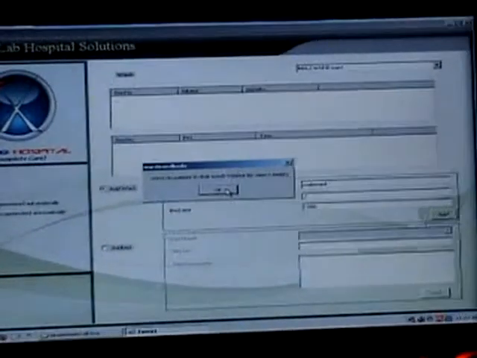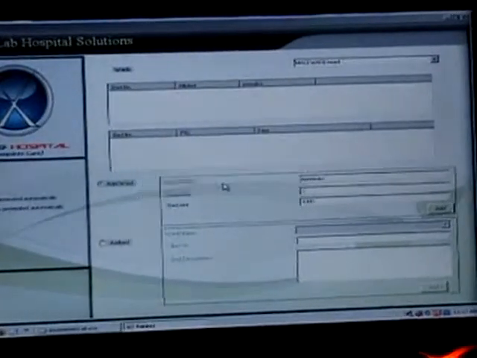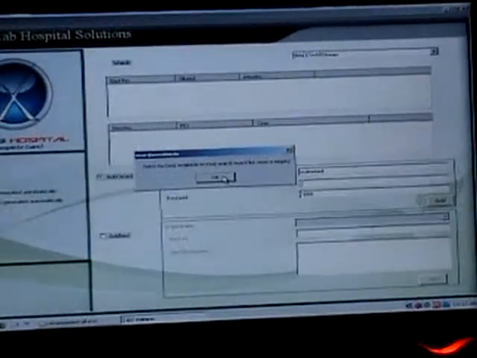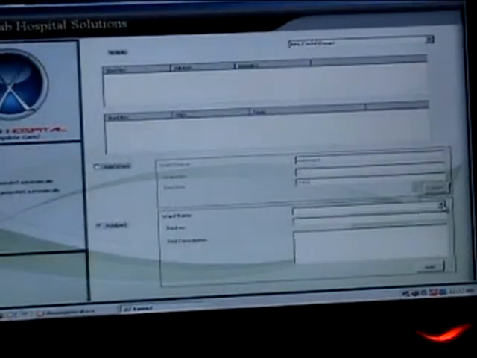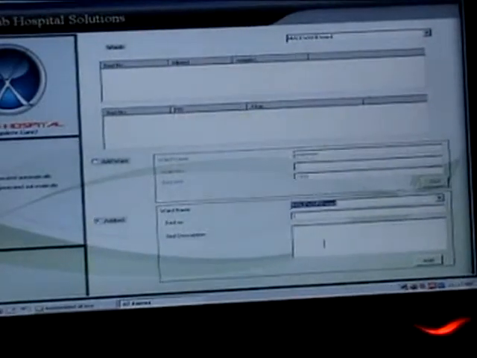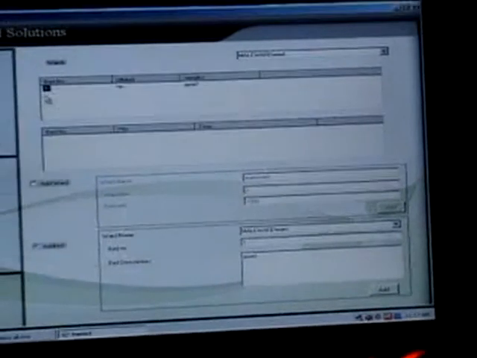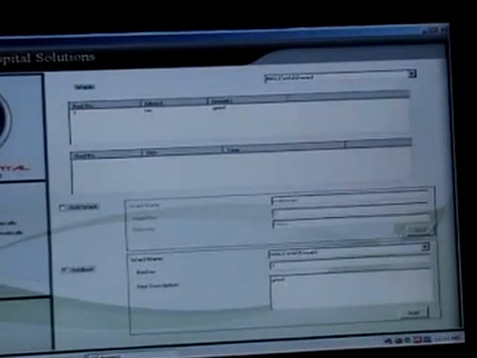As you can see, there is no patient in this ward, as it is new, and also no bed has been allotted to this ward. So let's add some beds to that ward. Bed description. As a new bed is added, we can see a new bed has been added and allotted to the male ward that has just been added.